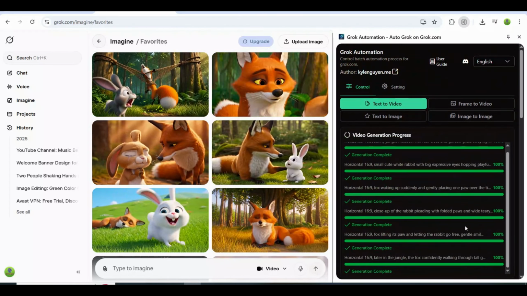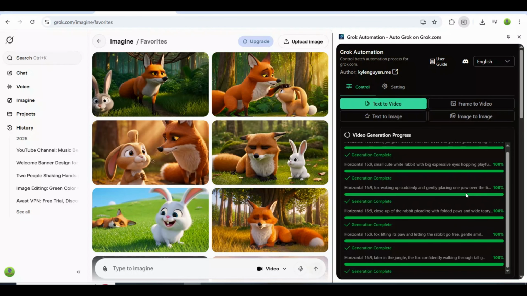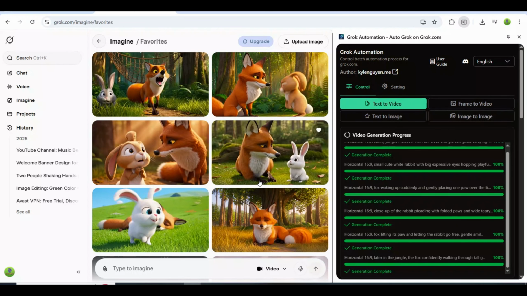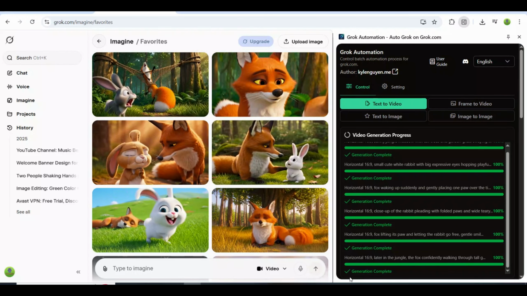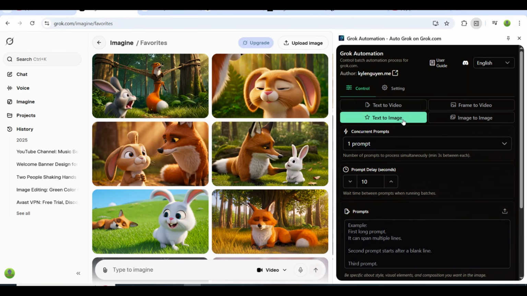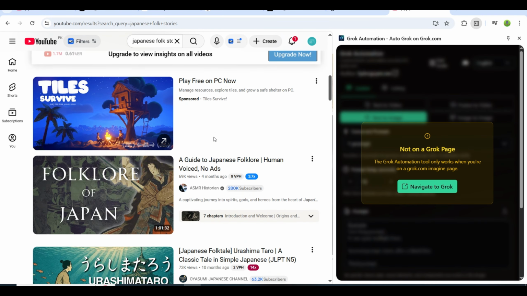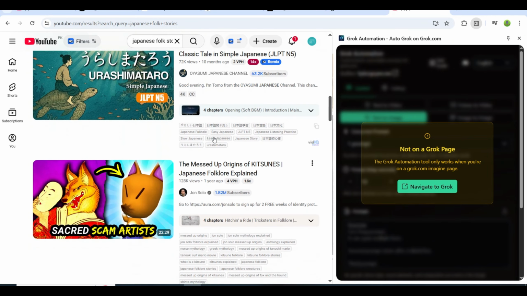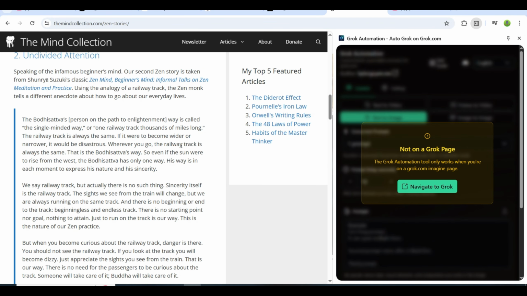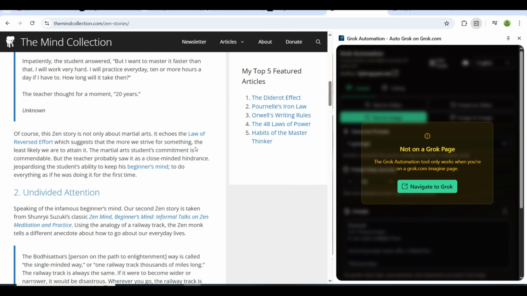We just explored the text-to-video feature, where you paste your prompts and generate everything in bulk. And this is only the beginning. Now let's move on to text-to-image. This time, I'm taking a motivational Japanese folktale as inspiration, but we're going to recreate it in a beautiful Ghibli-style